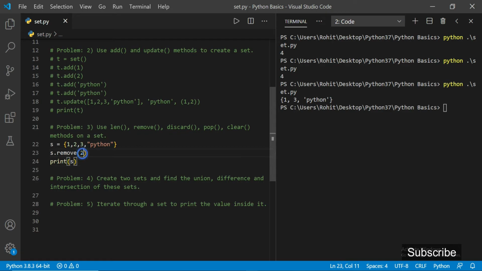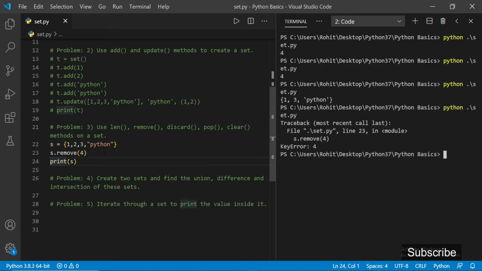If I want to delete an element which is not there inside the set, then we will be getting an error, which is a key error. That is, it will be saying that the element 4 is not there inside the set. We have got one more method, the discard method, which will solve the problem of this error.